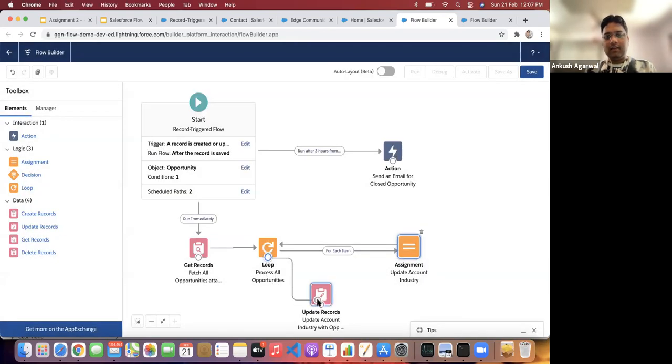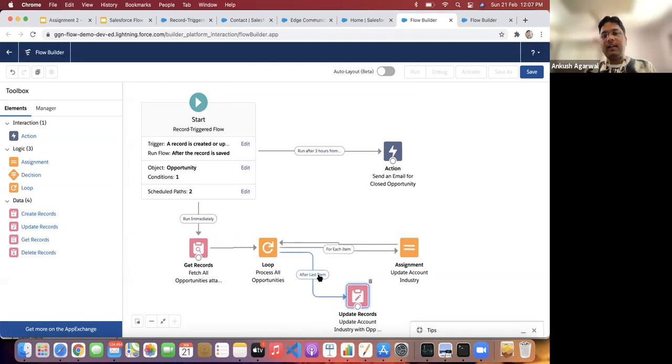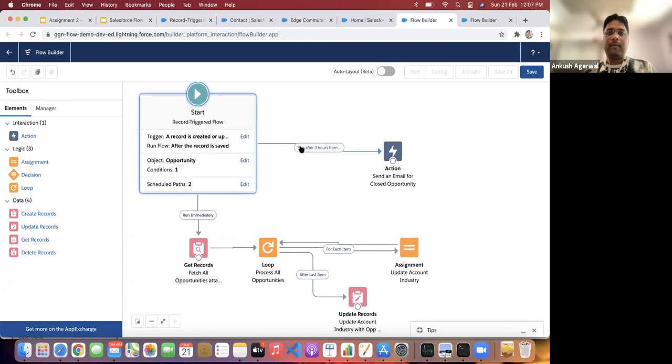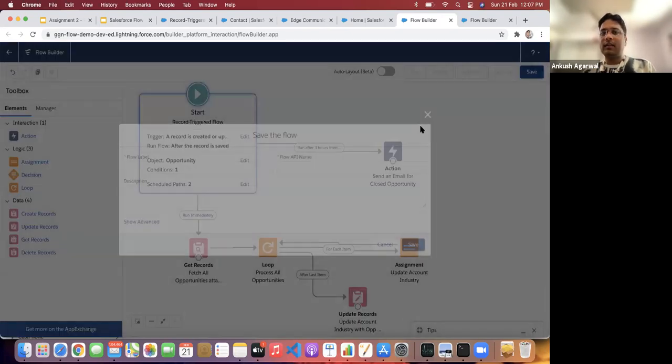If I connect with it, you can see after last item, when it completes all the loops, it will come here and update the account industry. So this is all about this particular flow, and I'm just saving it.